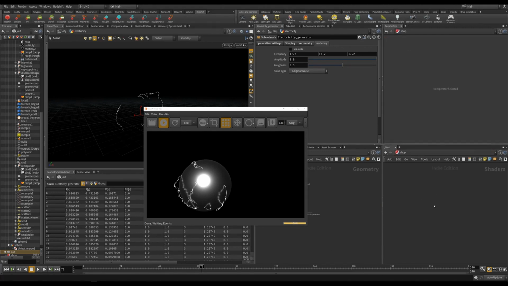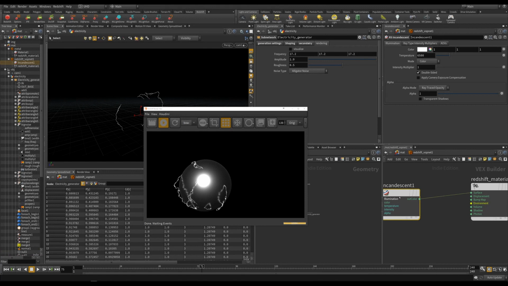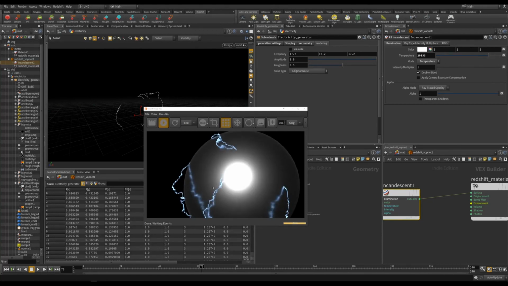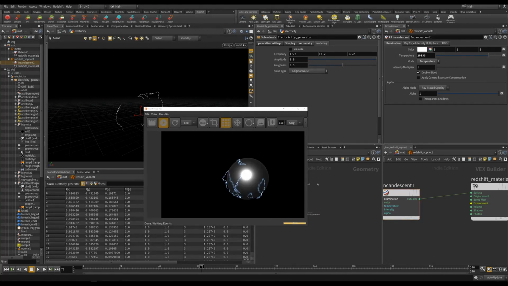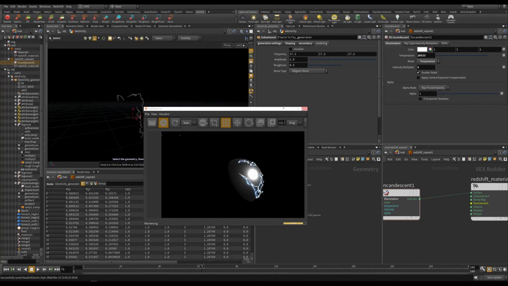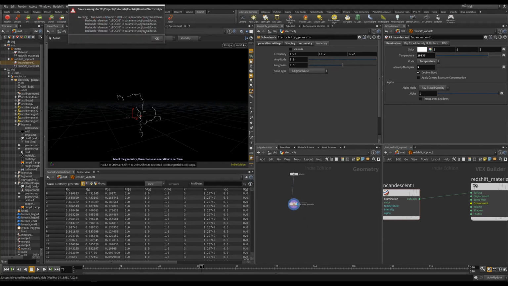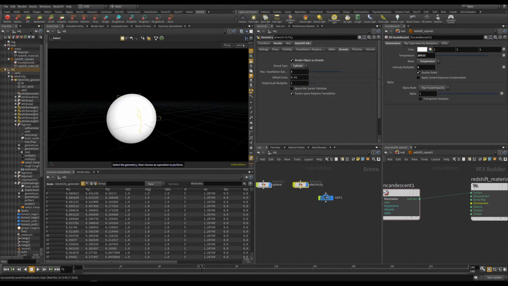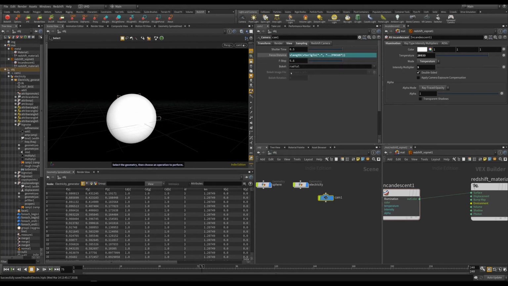And go to our material network, and let's put it to temperature, and I like to have them be a little bit bluish, which is kind of nice, as you can see. Increase the intensity a little bit maybe, and let's add some random HDRI maybe. Oh, and that's an error I was getting before, because I got my, there we go. So let's say add a light dome,